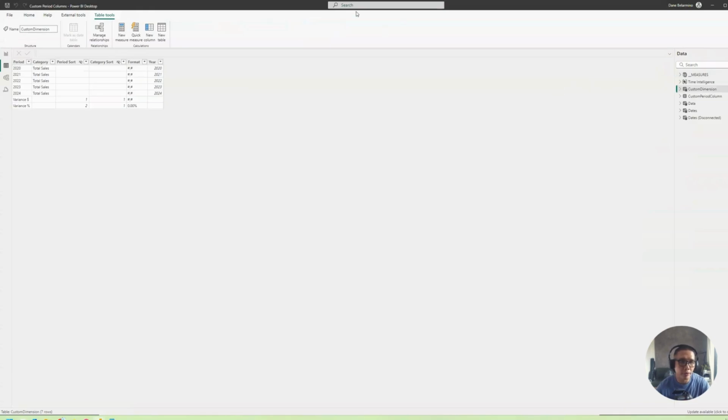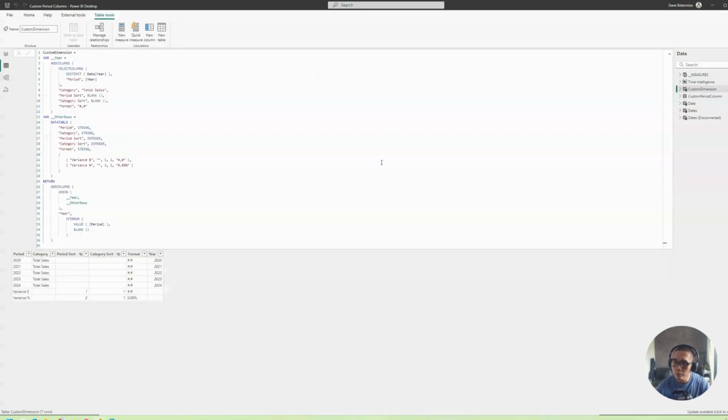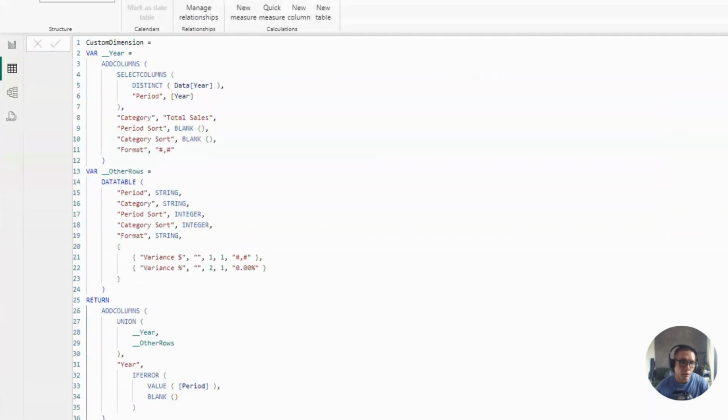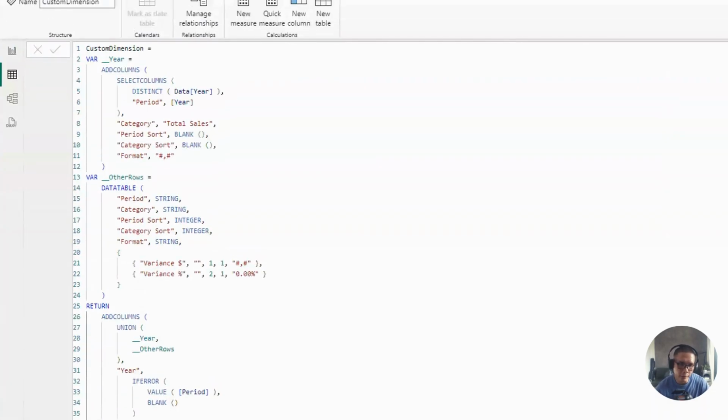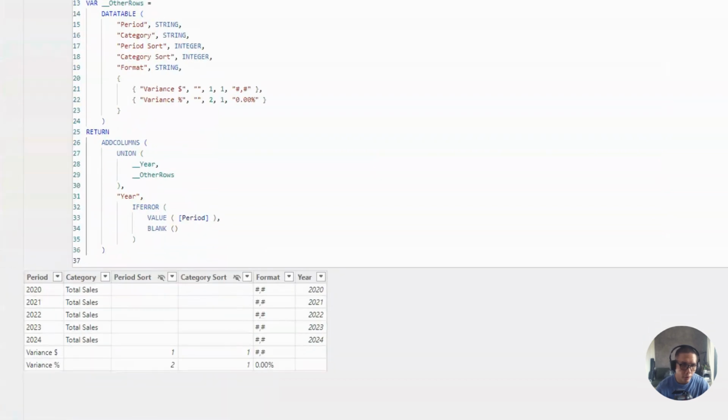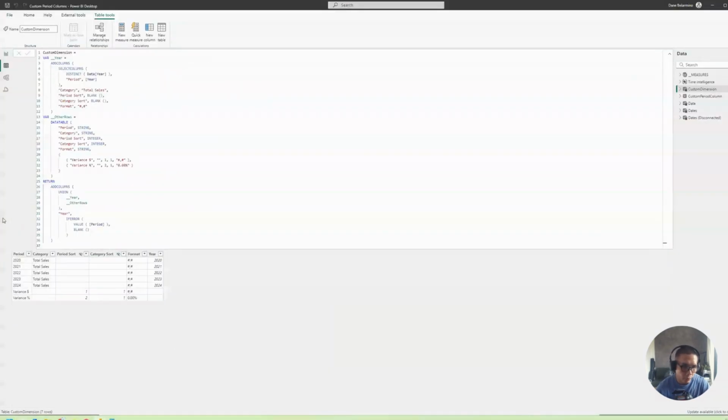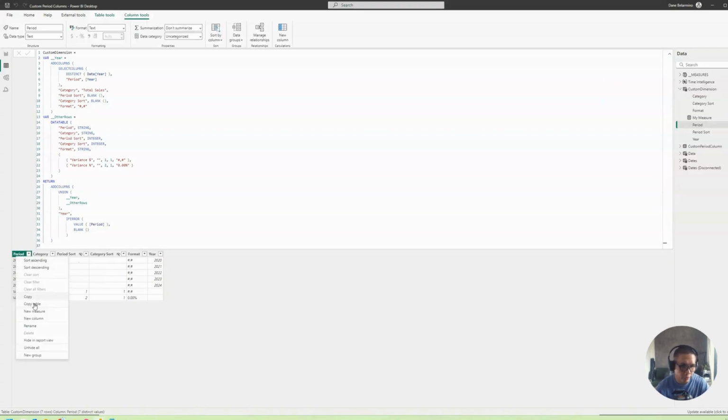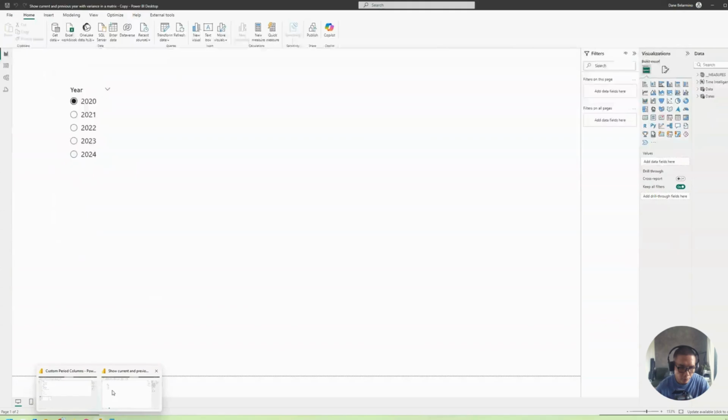In this PBIX, I use DAX, purely DAX, no Power Query or whatsoever. As you can see, this is a calculated table created using DAX. But for this episode, I'll be using Power Query. So we'll be creating this table in Power Query, and what I'm going to do is I'll just copy this, copy table,